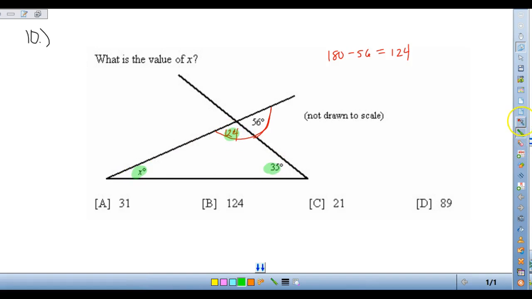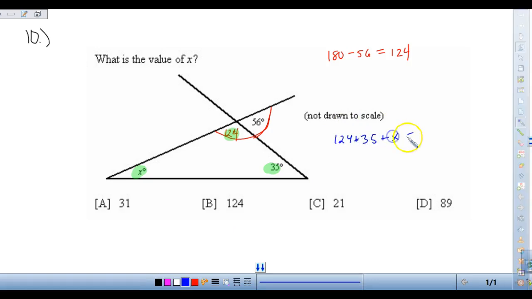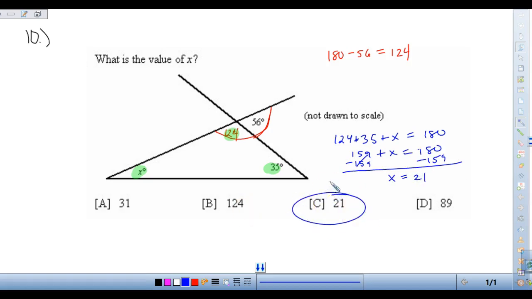and 35 have to add up to 180. So 124 plus 35 plus x have to equal 180. So this would be 159 plus x equals 180. So when I subtract 159 from both sides, then I end up with x equals 21. So I had to use a combination of the line rule and the triangle here to find out the missing part that I needed. So the same rules keep happening over and over,